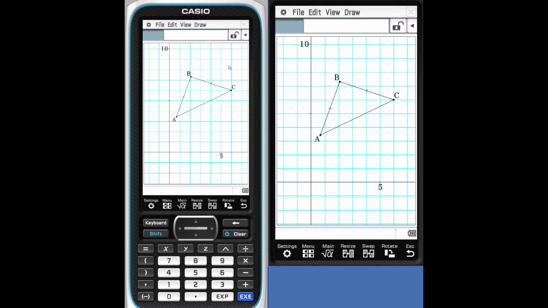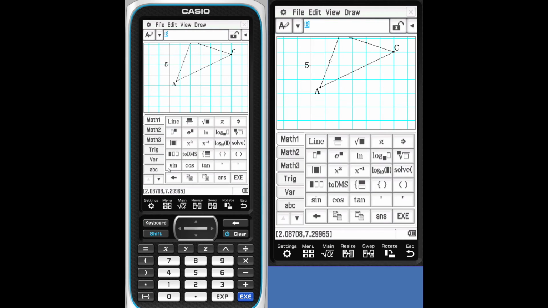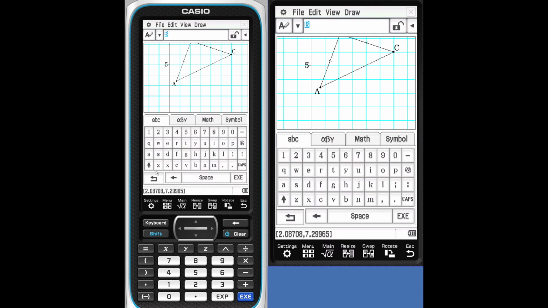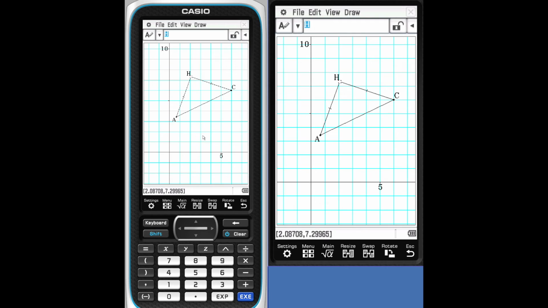We'll tap on some clear space there. Let's just tap on point A. Let's see what else, or point B, sorry. Let's see what else we have. We can actually change that label. So if we don't like it to say point B, let's say you want to call it point H. Pull up the keyboard. Pull up your alphabet. Uppercase, let's make that letter H. We'll execute that. We'll put our keyboard back away. And now, there you have it as point H.